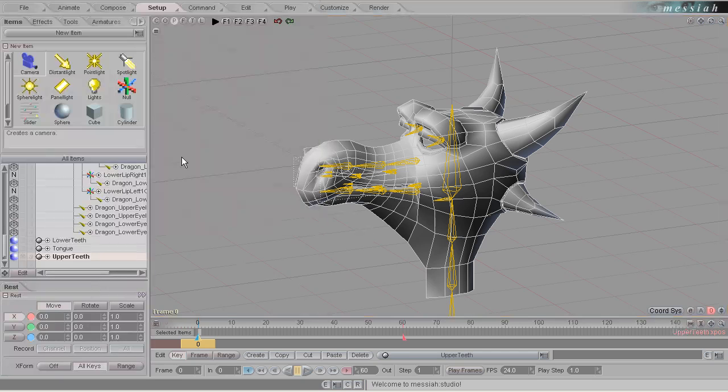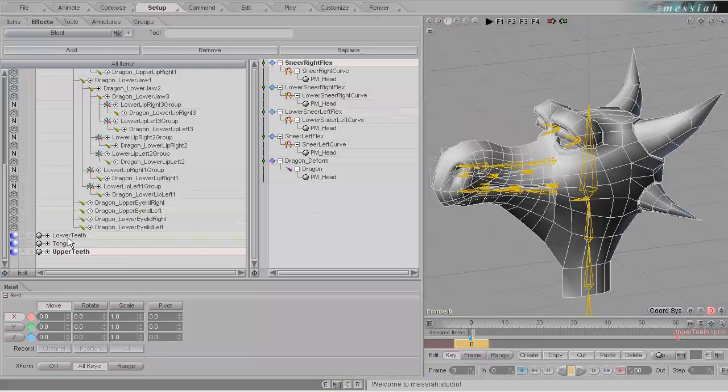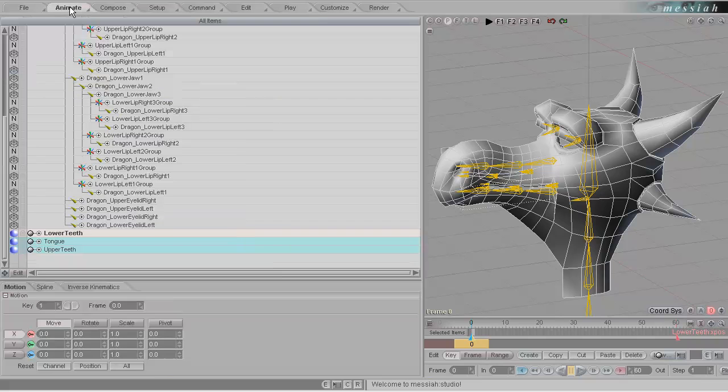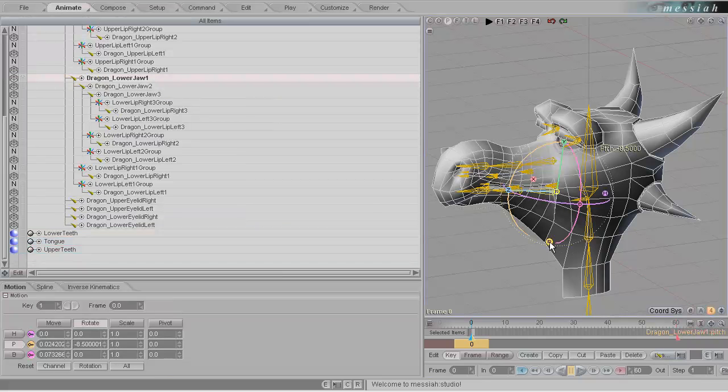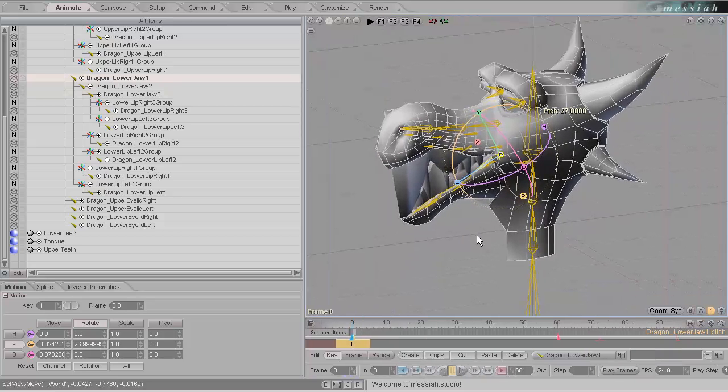Just open all of those, go into the Effects tab, and let's add these teeth and the tongue to our bone deform. So multi-select them with Shift click or Control click, pick our bone deform, and add those to the deform so they're all influencing it. So we go into Animate and pick one of the controls and move them. You can see that they're deforming the teeth, but they're deforming the teeth and the tongue in a very awkward